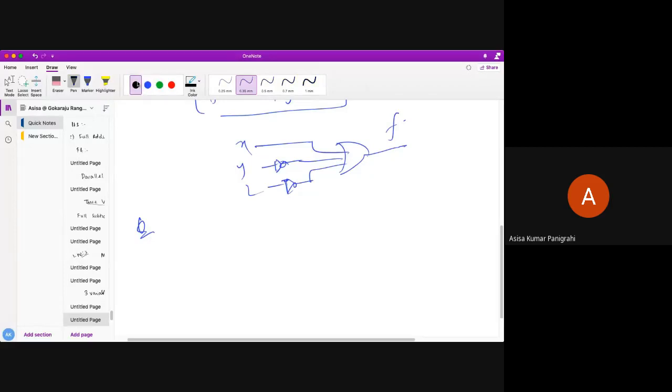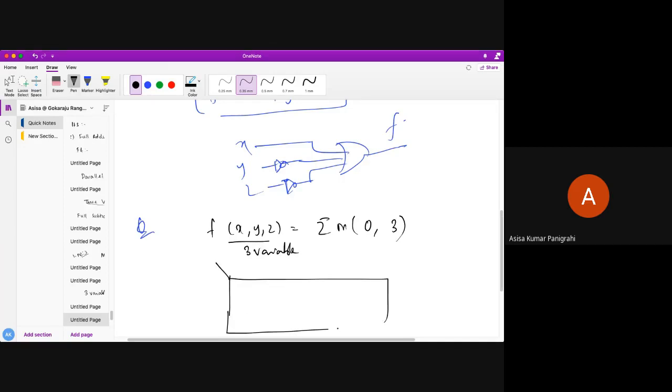Let's say one of the very important questions I am doing now. F of x, y, z equals summation of m, 0 and 3. What you have to do? See here, this is a 3 variable function. It's given. So you have to construct a 3 variable KMF.